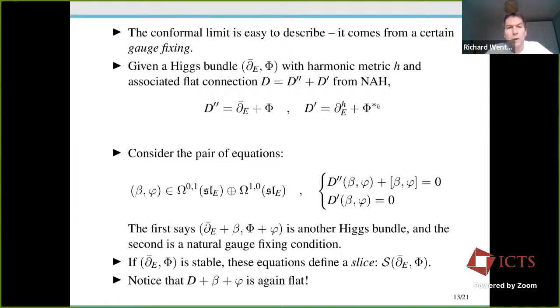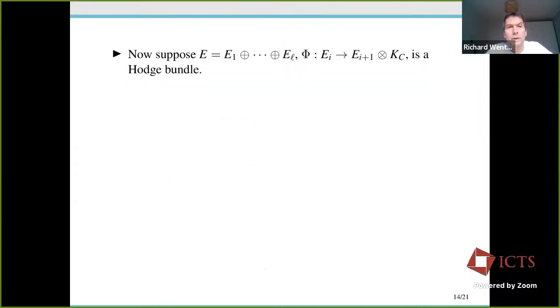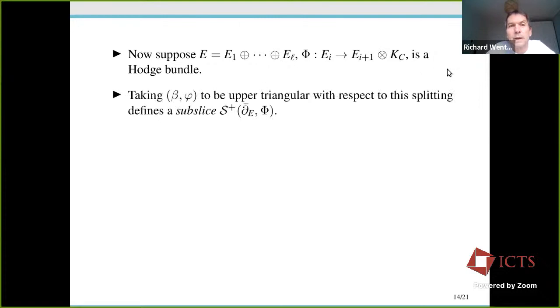Okay, so now the point is that I should describe this. Now I'm going to say what the conformal limit is. So suppose we have a general Hodge bundle, and I just remind you what that is. It's a splitting of the holomorphic bundle with a Higgs field of a particular form like this. Then in the deformation complex for the tangent space at this particular point in the Higgs moduli space,